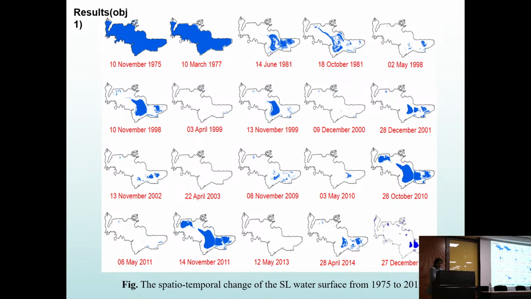Pixel size, see, every satellite image is associated with 4 types of resolutions: spatial resolution, spectral resolution, radiometric and temporal. So this pixel size is related to spatial resolution, okay. If you know the pixel size and the total number of pixels, you can find out the total area. Suppose the total number of pixels is 500 and our pixel is 10 meters. So what will be the total area? Total number of pixels multiplied by the area of 1 pixel.